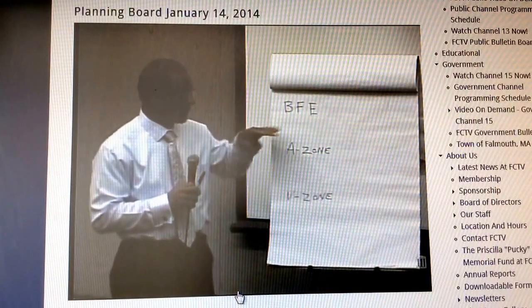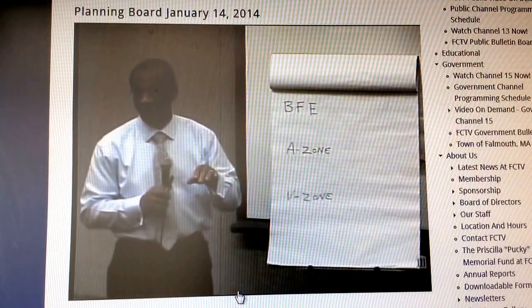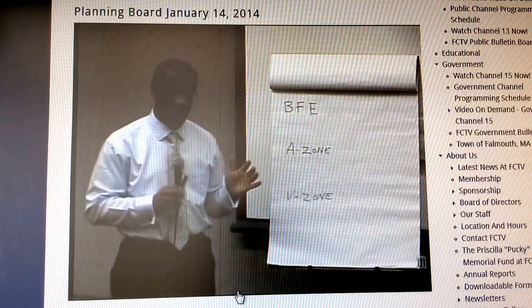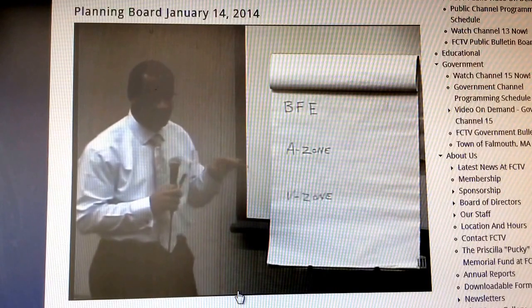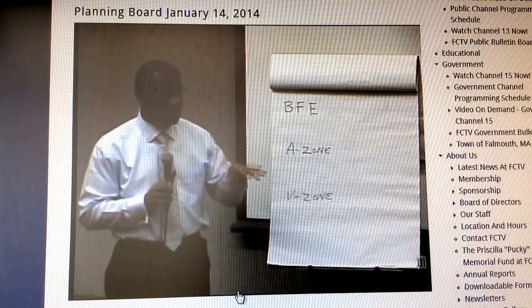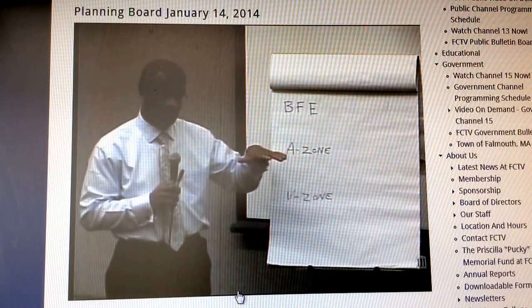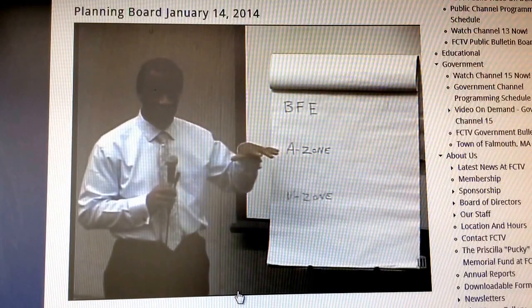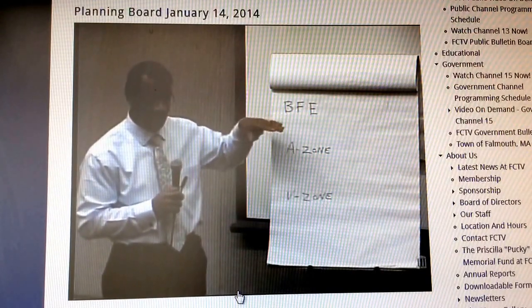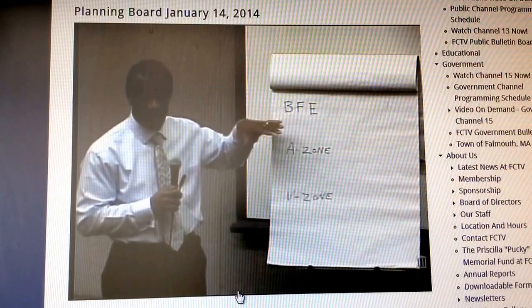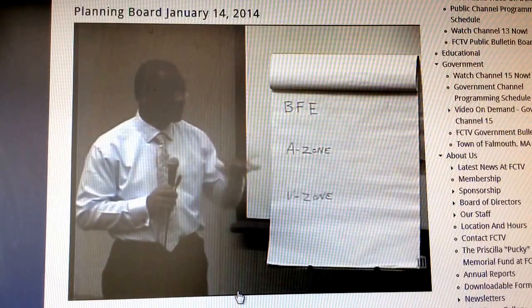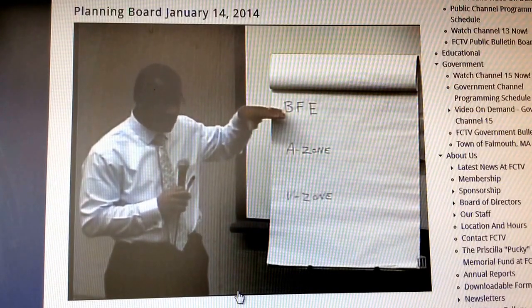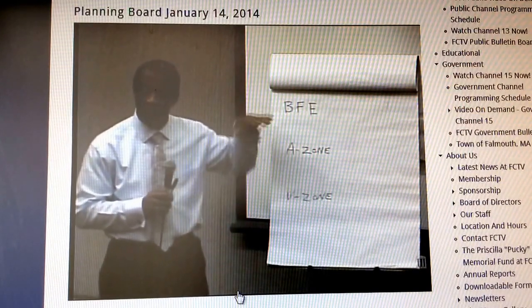And what that is, is the established elevation nationwide, but particularly for our purposes, for the town of Falmouth, where floodwaters will potentially come to. It's a 1% chance within any given year that we could have floodwaters at this base flood elevation. And so that's the elevation above sea level, mean high, that the floodwaters in any given area will